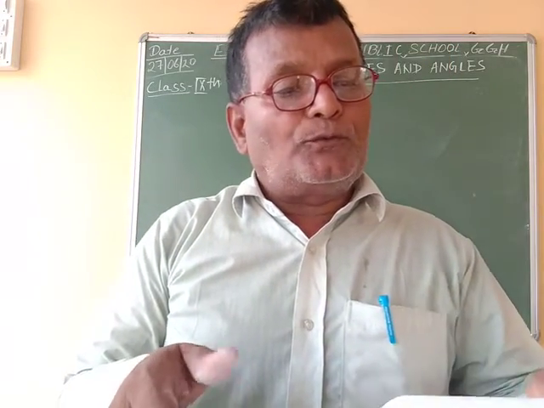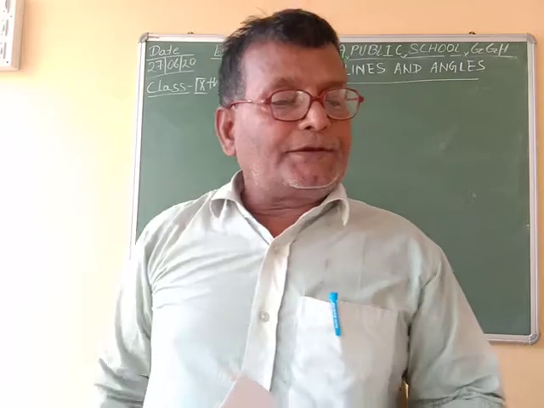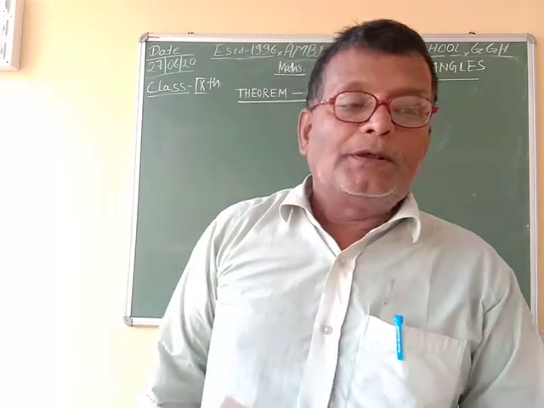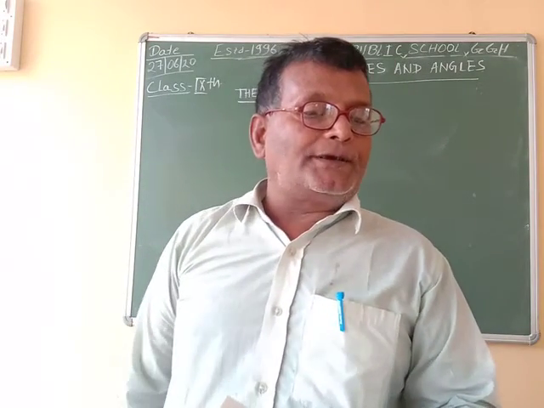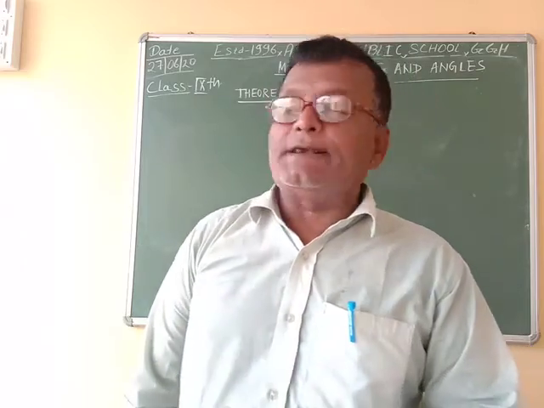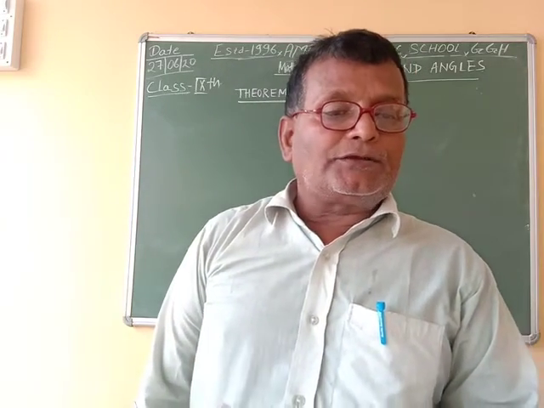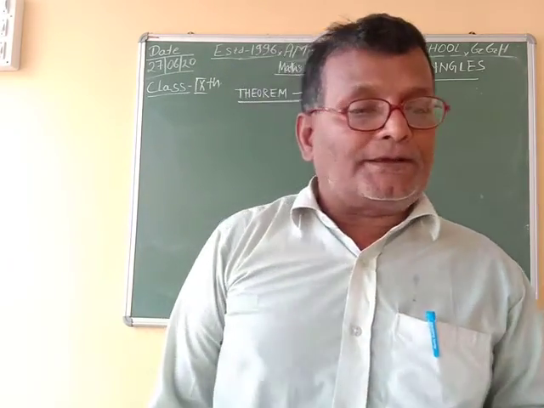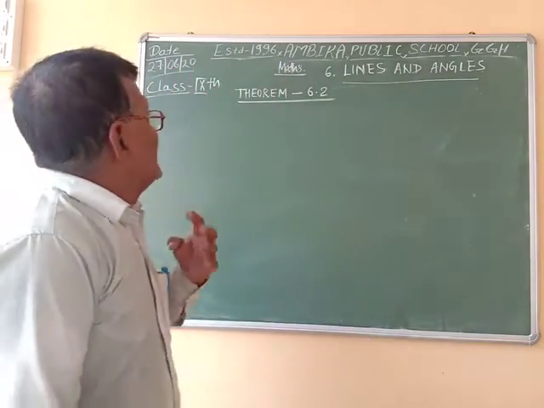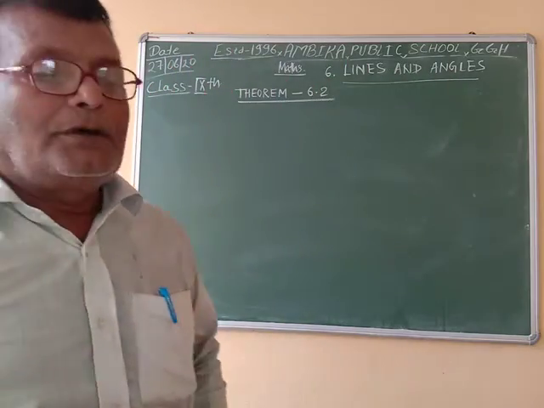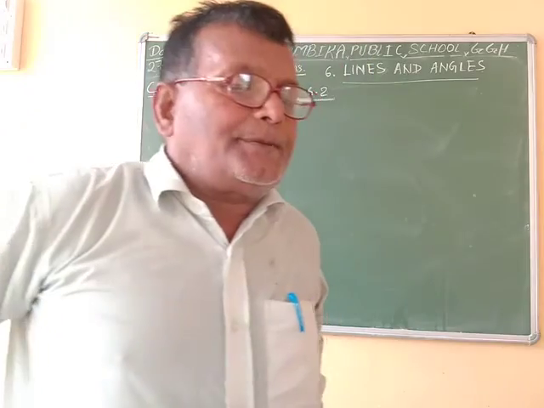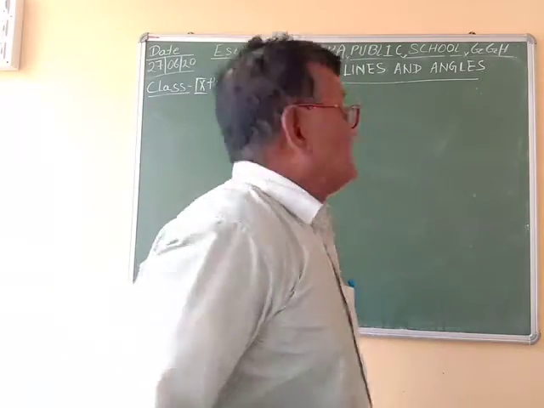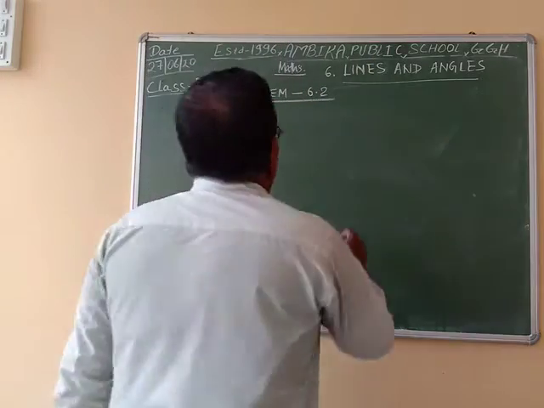Now I am going to prove theorem 6.2. In theorem 6.1, I had proved if two lines intersect each other, then the vertically opposite angles are equal. And in theorem 6.2, if a transversal intersects two parallel lines,